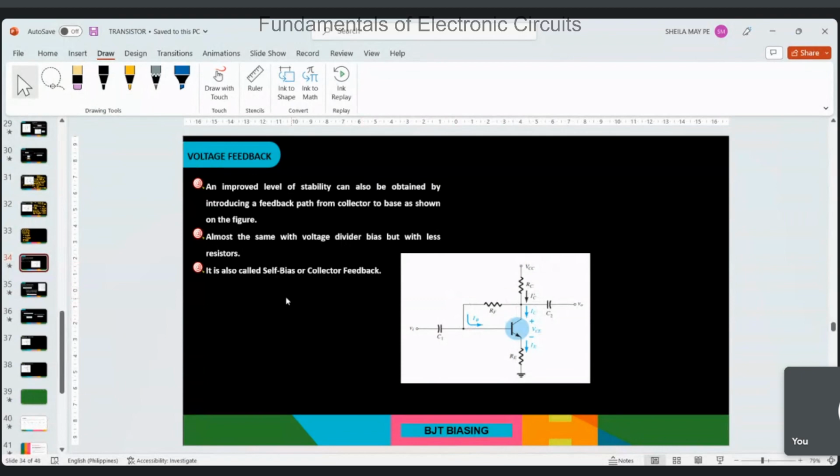But in our emitter bias, the base connection is before the collector resistor, where our source is. Okay? Now, but with the voltage feedback, it is with